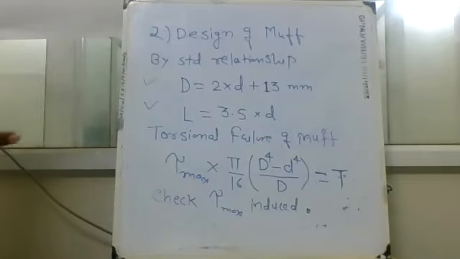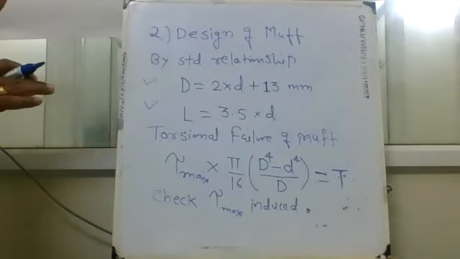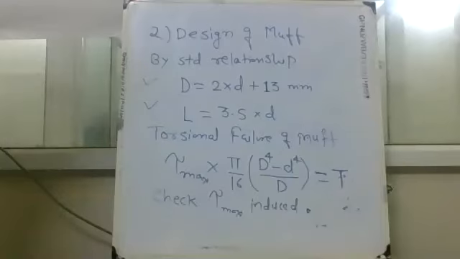So this is the design of muff or design of sleeve or design of that particular cover. Now when we think about the third step, design of key, we think about the dimensions of the key. Again, the key is subjected to two types of failure. One is the failure of key under shear and another is the failure of key under crushing. So let us go for design of key, the third step here.